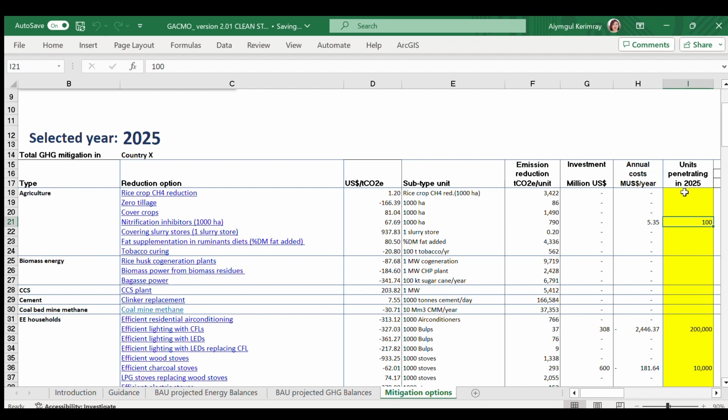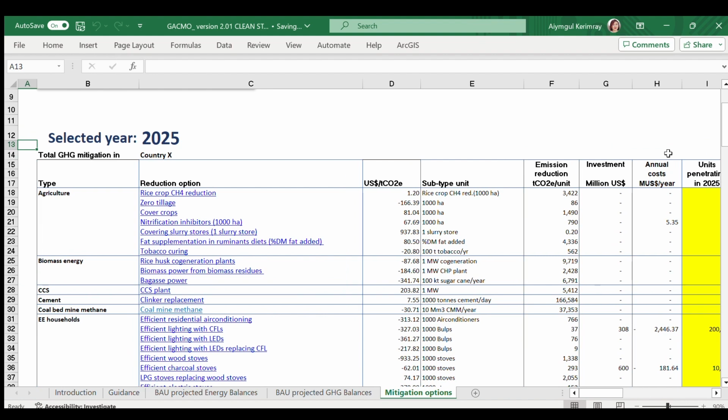As an example, introducing 1000 megawatt of solar PV in 2025 would mean 1000 megawatt of new solar PV capacity in 2025 relative to the start year, excluding installed capacity in the start year and before the start year. Similarly, in 2030 and other projected years, the scale of the mitigation options should be relative to the start year.